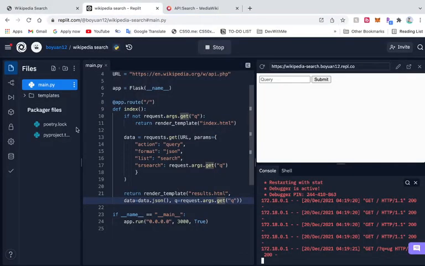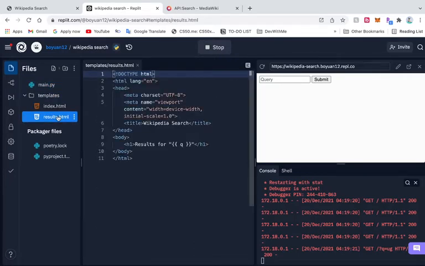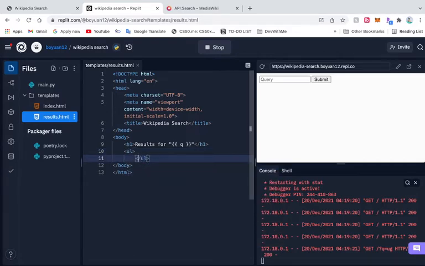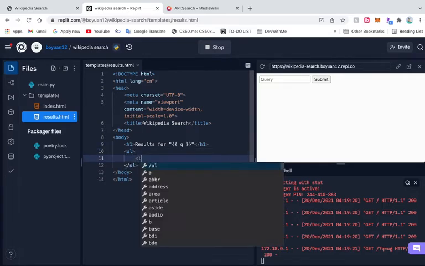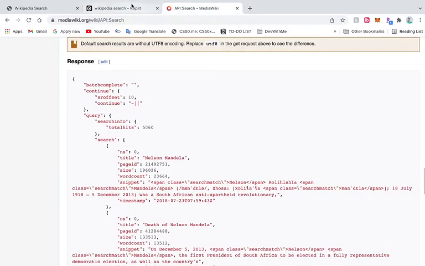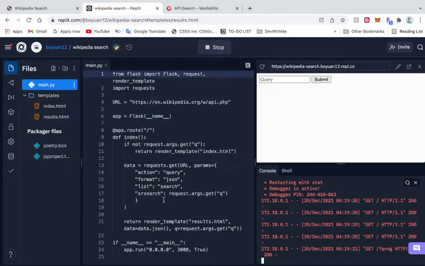Great. So now I actually need to just parse the query. So now it's where we can use Jinja. For the sake of simplicity, I'm just going to use an unordered list to display all the results. So unordered list, that's also known as bulleted list. Alright, so in here we can say for s in data